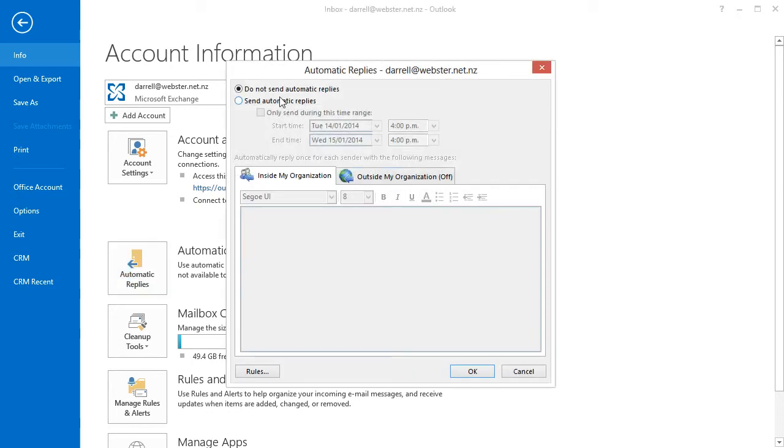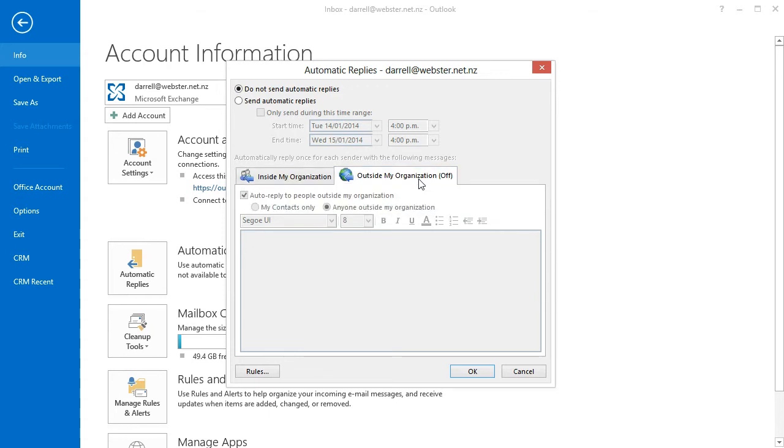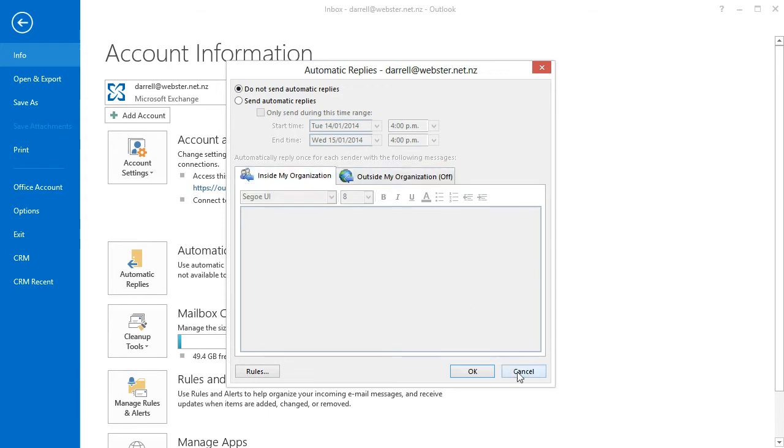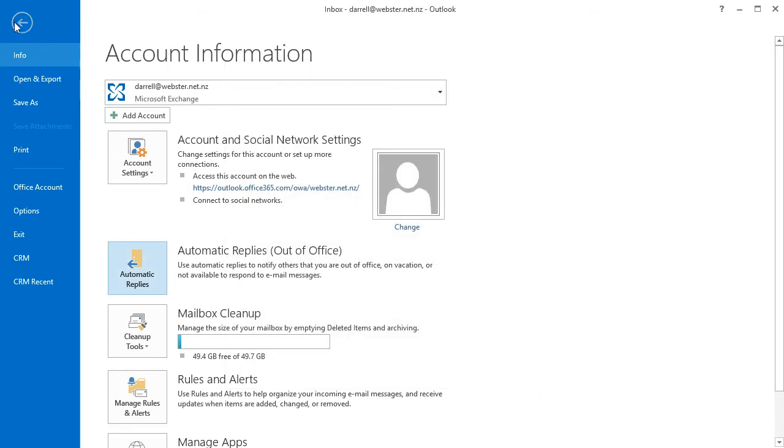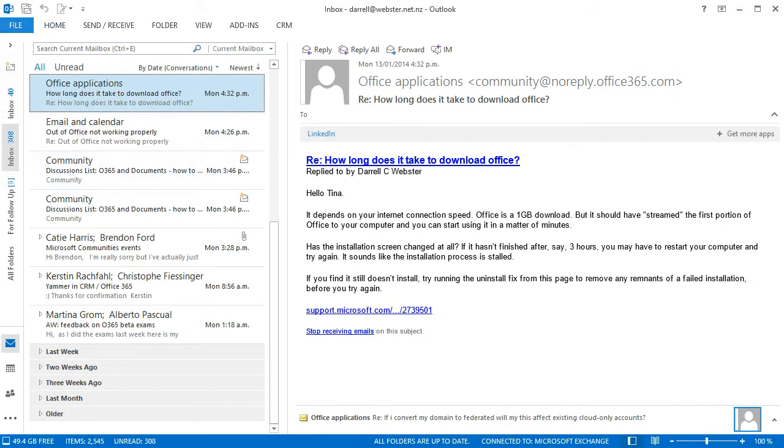And I've got it all turned off there. If it was turned on, you'd see some various settings in here and maybe a date that's been set, but no, that's turned off as well. And that's for both inside and out. So we've checked that, and now we're going to look at the